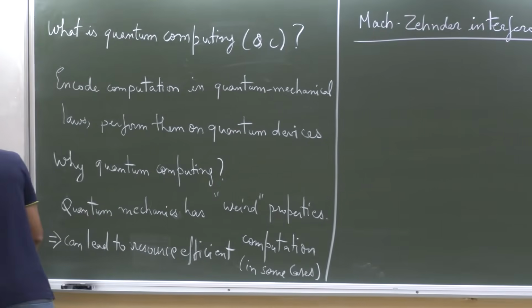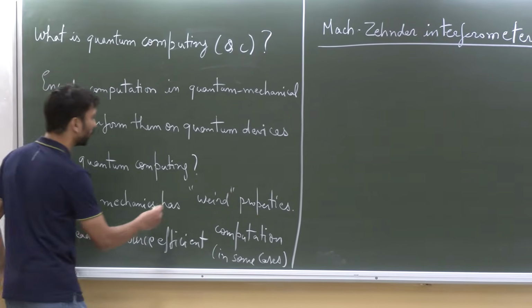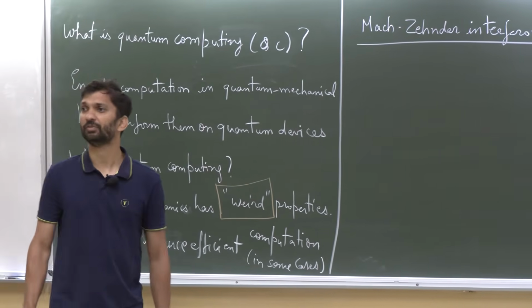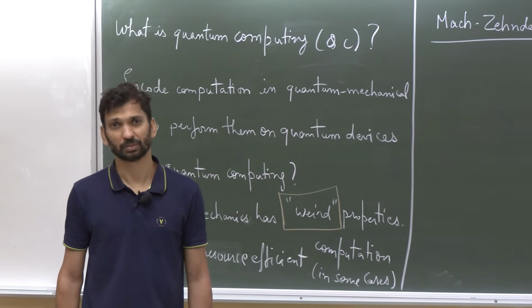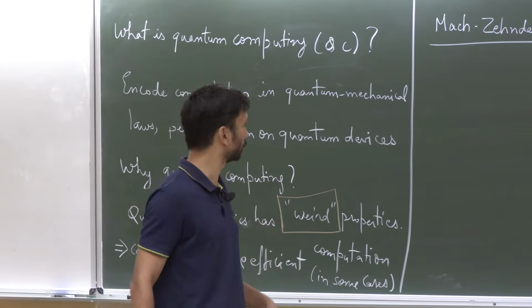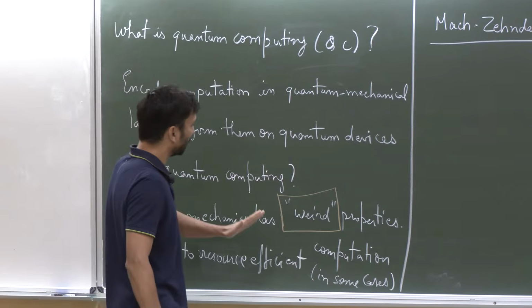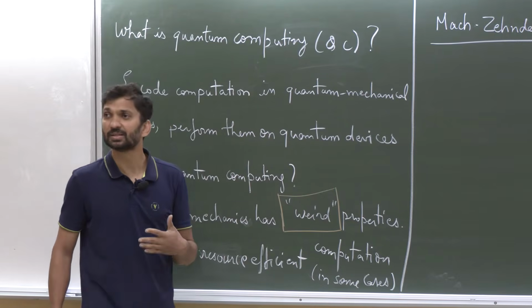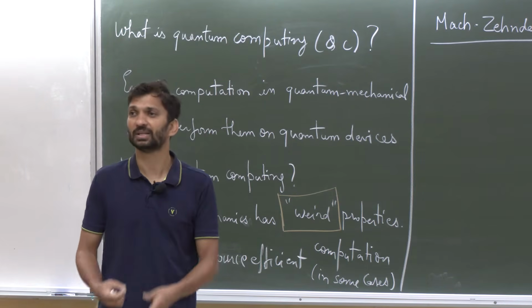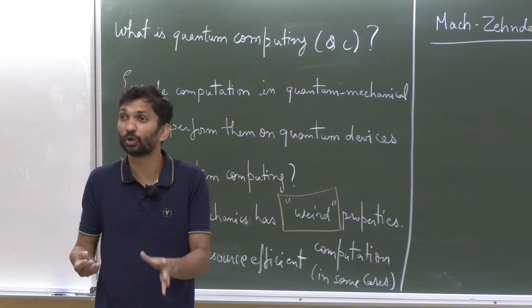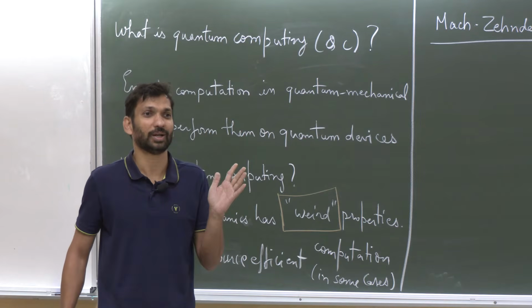It is focused on convincing you that quantum mechanics is actually weird. Okay, so it's going to be very light. Probably in between I will talk about randomized algorithms, but mostly I'm going to tell you experiments which show us that quantum mechanics is weird. And my hope is that after today's class you are convinced that this is something we should definitely take a look at. It is weird enough for you to say, I want to study it for the next 3-4 months.